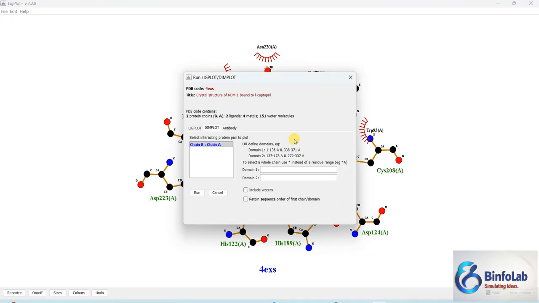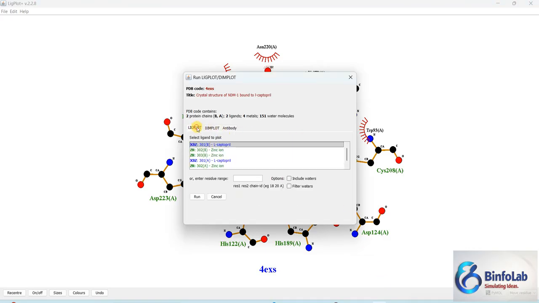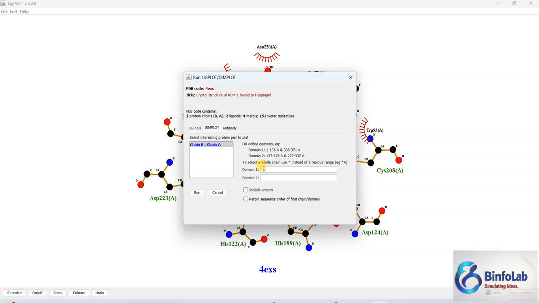Come to the DimPlot, sorry, the LigPlot. This was the LigPlot. Now, DimPlot: 151 dash to 170